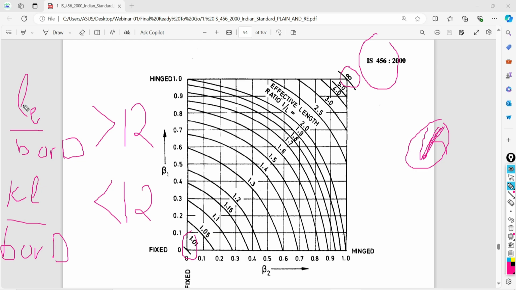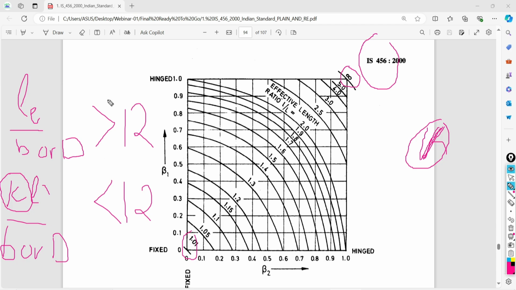So see, if your effective length factor is more than 1, obviously there is a chance that this ratio is going to become more than 12, and your column becomes long. If the k value is coming out to be less, then there is a more chance of becoming a short column.